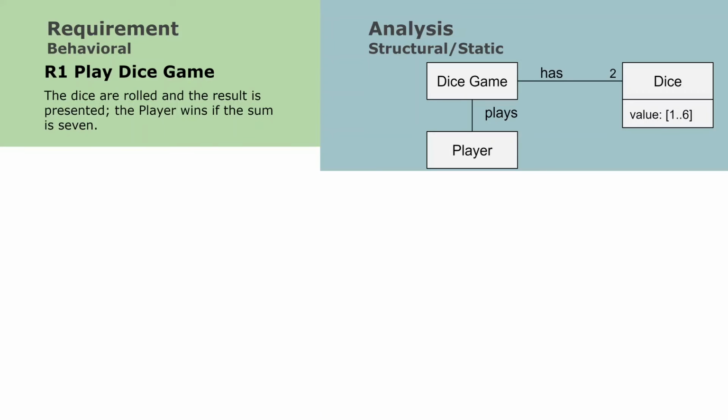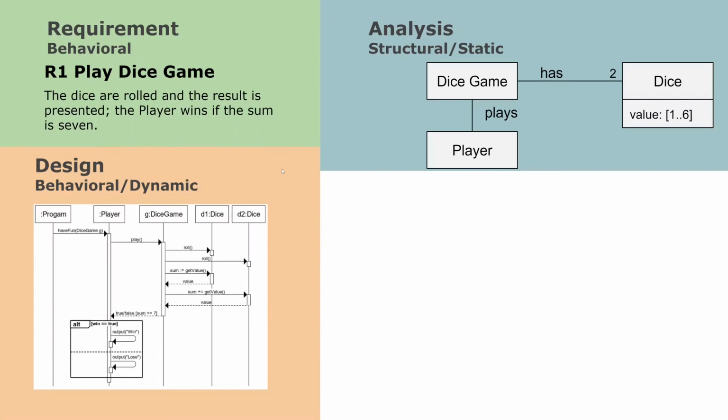And then you need to go back to the requirement, understand it better, or ask the person that actually stated the requirement from the beginning. Are we supposed to use 2 dices? Are the dices supposed to have 6 faces? After we have understood the requirement, we have done our analysis, we can move on to designing the